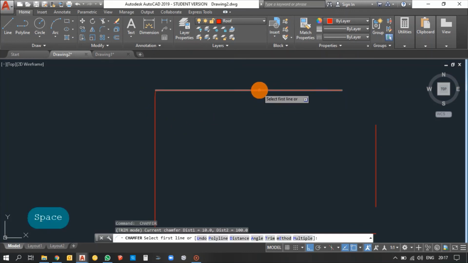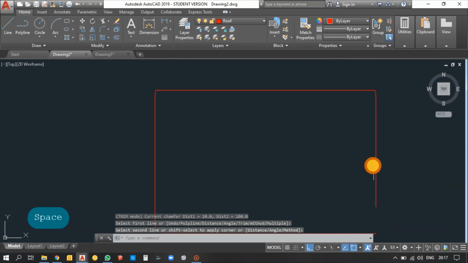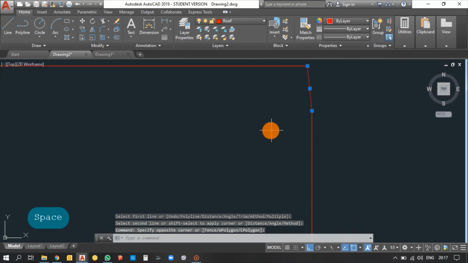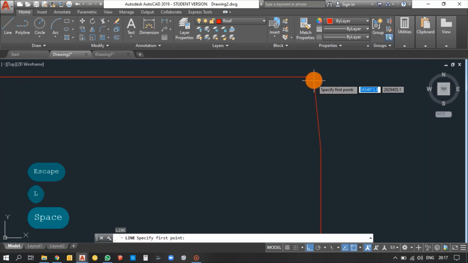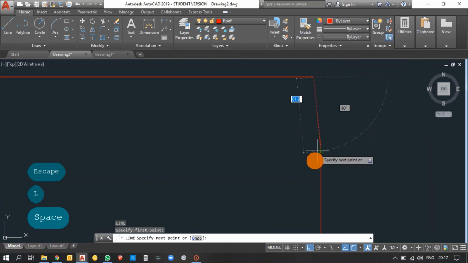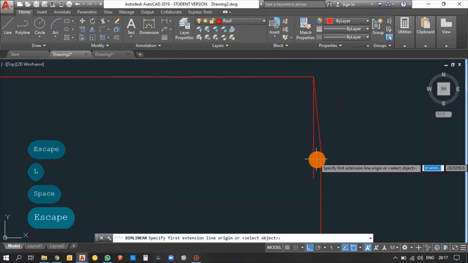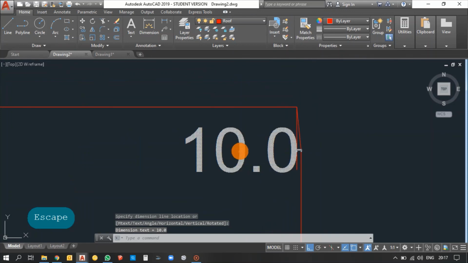So again going with this side. So it is having a difference of 100 and this has a difference of 10. So you can check it out now. So I'm drawing a line parallel to this and I am measuring it. So it is 10.